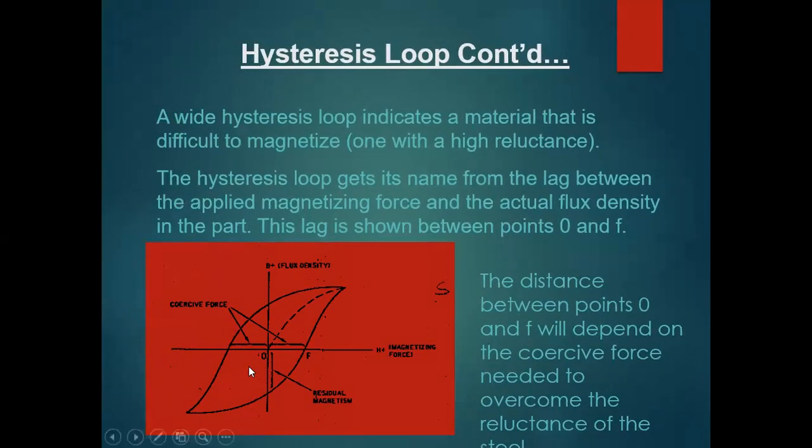Now look here, this is a lower saturation point. A lower saturation point means this material is hard, meaning low permeability. Here again, this residual magnetic field is high, and if this field is high, then the reverse magnetizing force required is high. Coercive force means the reverse magnetizing force necessary to remove this residual magnetic field. So if the reverse magnetizing force is high, this area is wider, and your hysteresis loop will be wider, not shallow. It is thick, not thin.